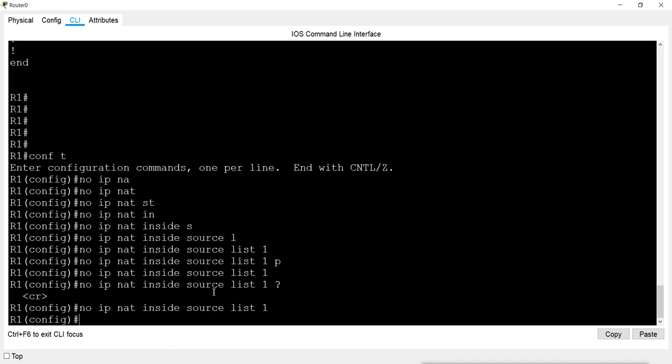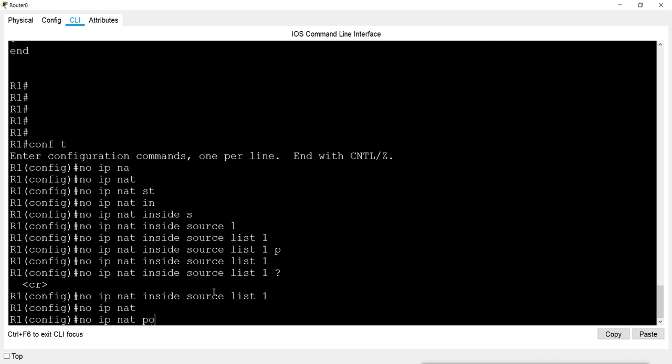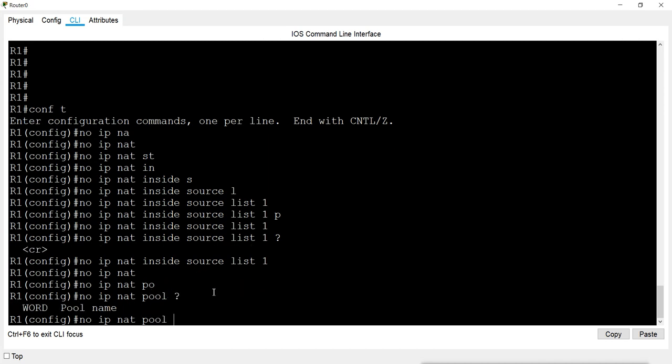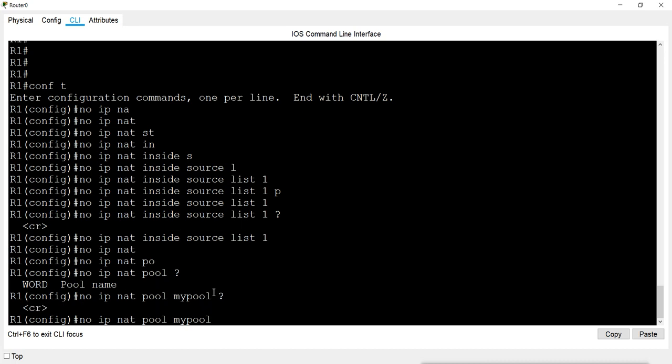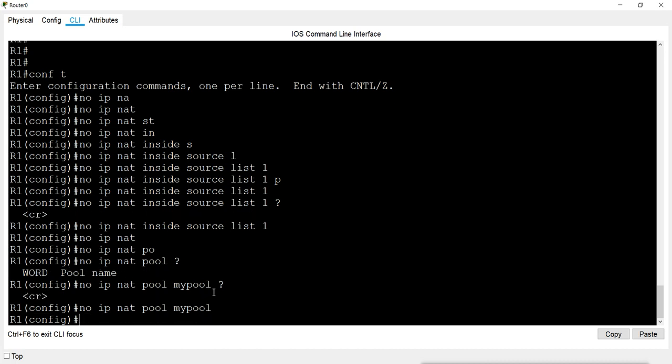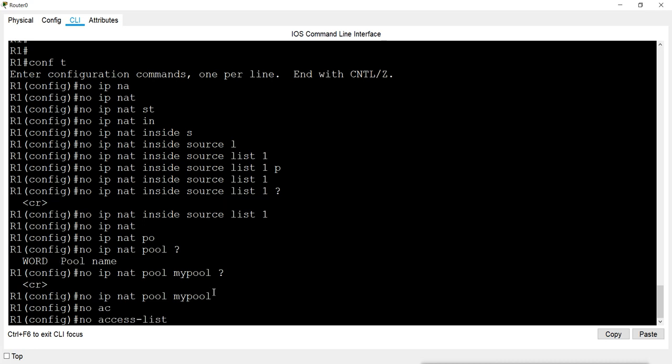If you want to remove the pool, just use no ip nat pool with the name of the pool, and that's it. It will remove the pool also. Now the access list. If you want to remove the access list, simple: no access-list 1.